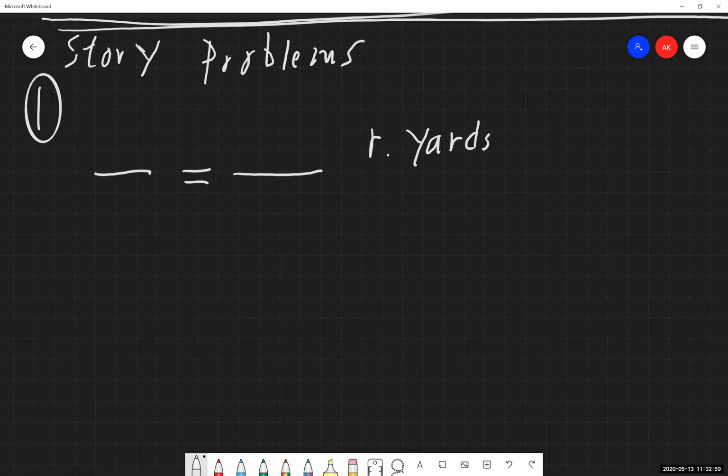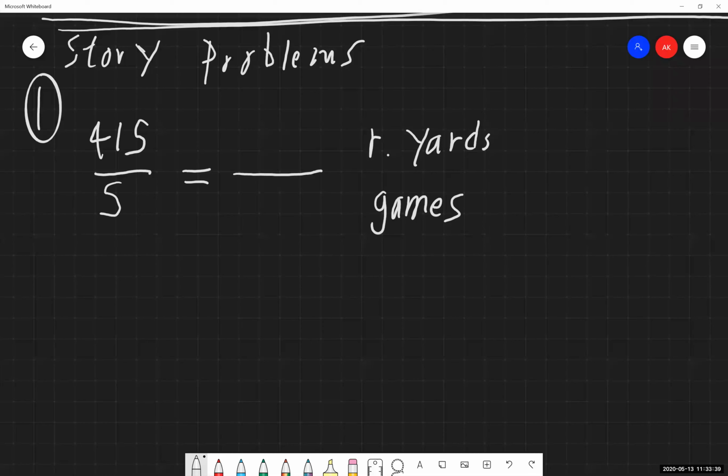And the other unit that we have that's relevant to this is the number of games that have been played. So rushing yards up top, and I'm just going to put games down below. Okay. And again, you're more than welcome to reverse those if you'd like to. Doesn't matter which one goes where as long as the units and the numbers line up accordingly. So our first scenario that we've been given, we're told Todd Gurley has 415 rushing yards in his first 5 games of the 2018 NFL season. So I'm plugging in the 415 rushing yards in his first 5 games.